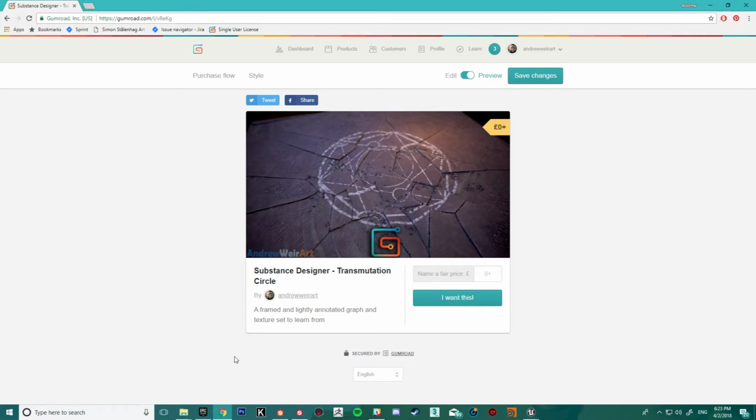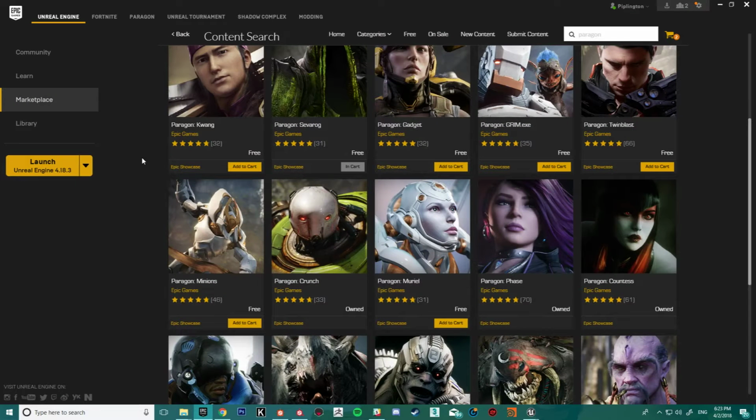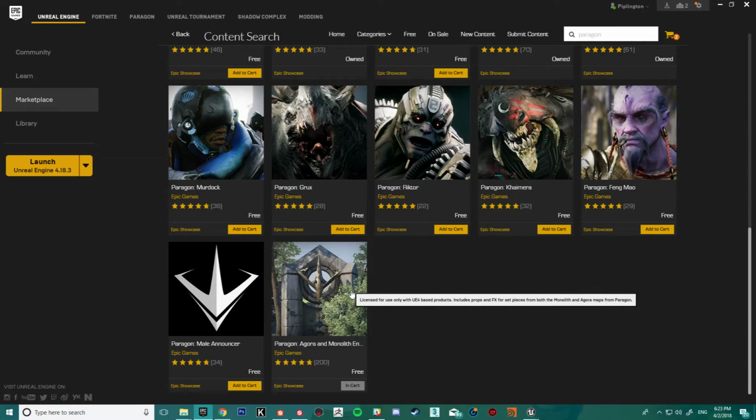But the workflow that I'm about to go through is what was actually used at Epic Games on their MOBA, Paragon, which, if you're not aware, they have released all of the content for free because they've shut down that game. So you can start working your way through these characters, some environments down at the bottom here, all their particle effects and stuff, and just see how the guys at Epic, the guys that make Unreal, make things.